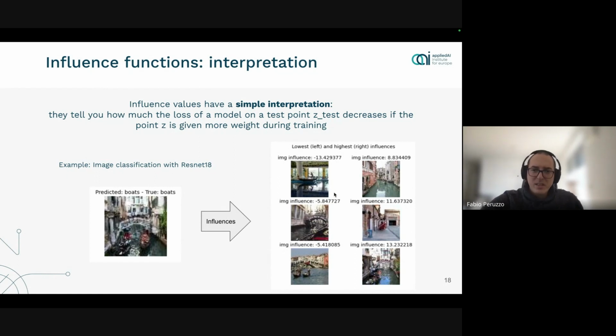But then the one immediately below that also has a very low influence, and to a human, that one seems completely fine. It's difficult to understand why, for the model, this image is so bad for model performance. It's difficult to interpret what's going on with the fact that this image has such a low influence, and you really run the risk of attributing, rationalizing something that is just complete noise. So it's like reading tea leaves and pretending to read your future there.